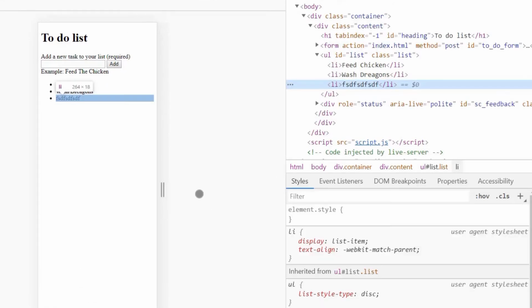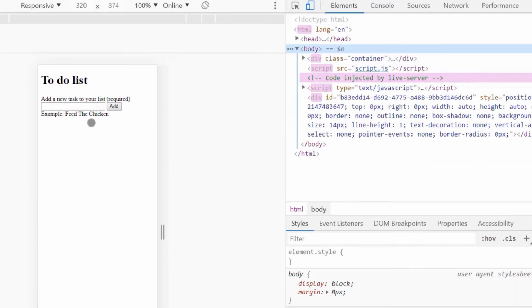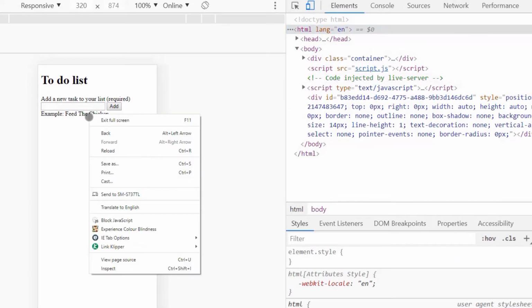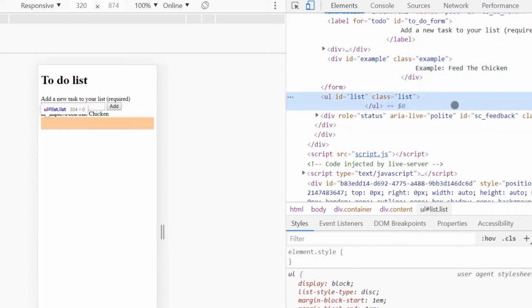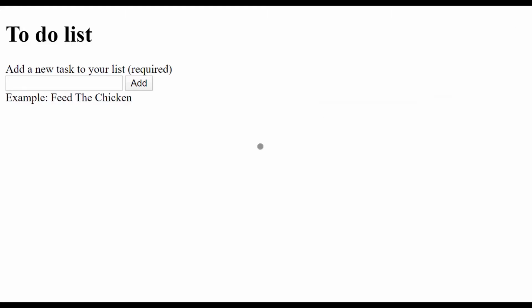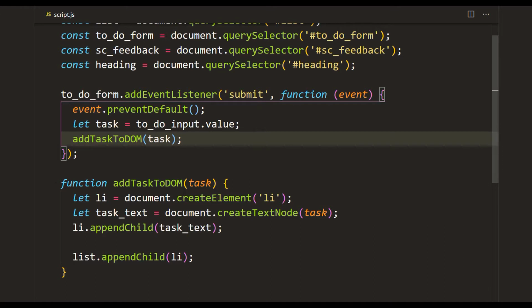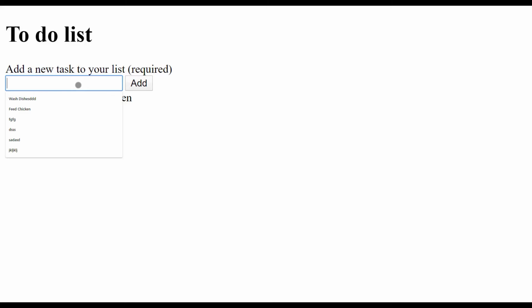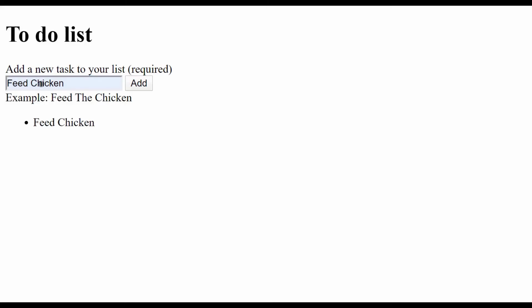And if we go to expand element, you can see how the LIs are being populated. And if we refresh the page, the list here is empty, because it's not being done anything with. So if we go back into our program, it's working great. And the next task we want to do is this: every time we add a task, the task value remains. So we have to actually go there and delete it, and it's not very user friendly.